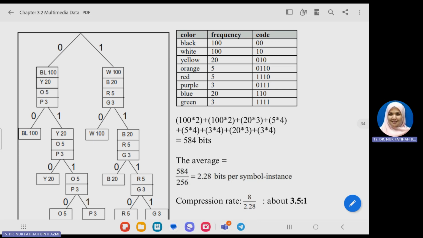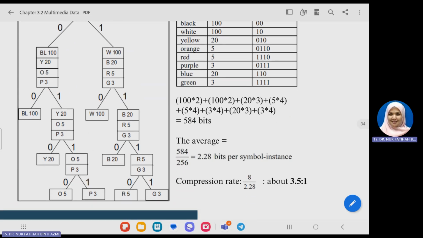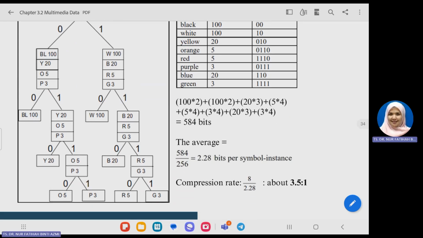Next we have orange, O for orange, with frequency of 5 times 4, because 4 refers to 4 bits. And we also have a red, also 5, with the code of